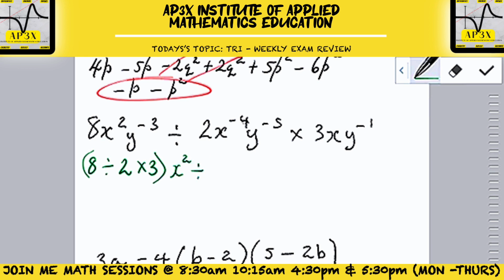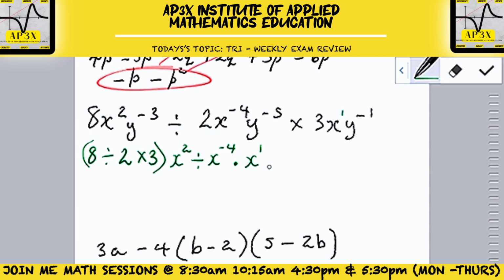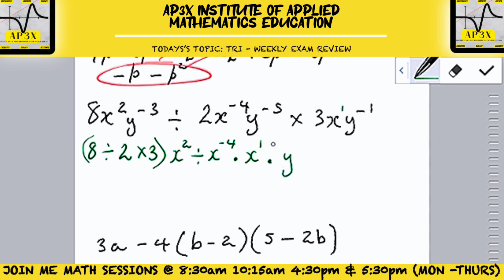We're going to be dividing that by the next x, which is x to the minus 4, which we're going to be multiplying that then by the next x, which therefore becomes x to the power of 1. A lot of students missed that part there where they didn't see the power. They made the assumption that the minus 1 that is here is for the x and for the y. When there is no power above a variable, please bear in mind that the power understood is a 1. Grouping all the y's together, then we have y raised to the minus 3 divided by y raised to the